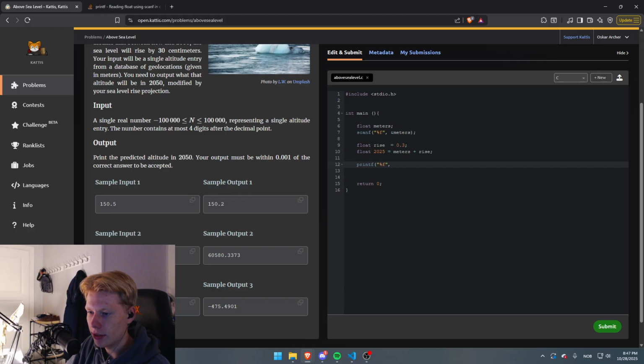.001. So that means there needs to be 4 decimal points here. Okay, let's just try to print it out first and see if it works. If it doesn't, then we'll look at whether there's any specifying I need to do here. But I think I can just do